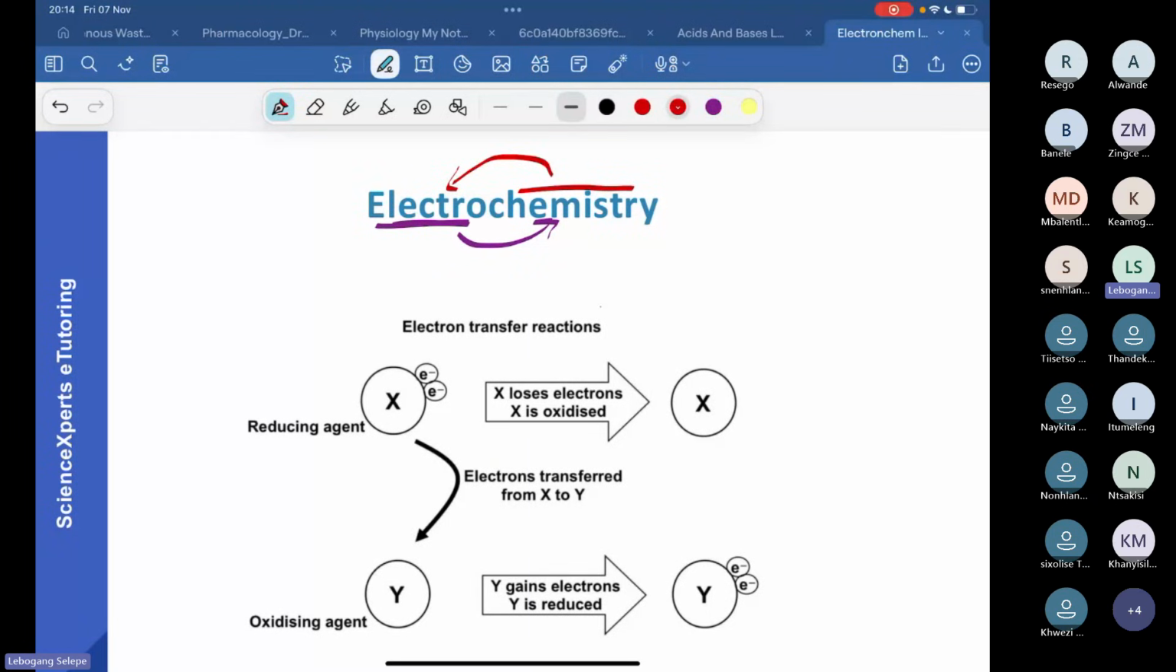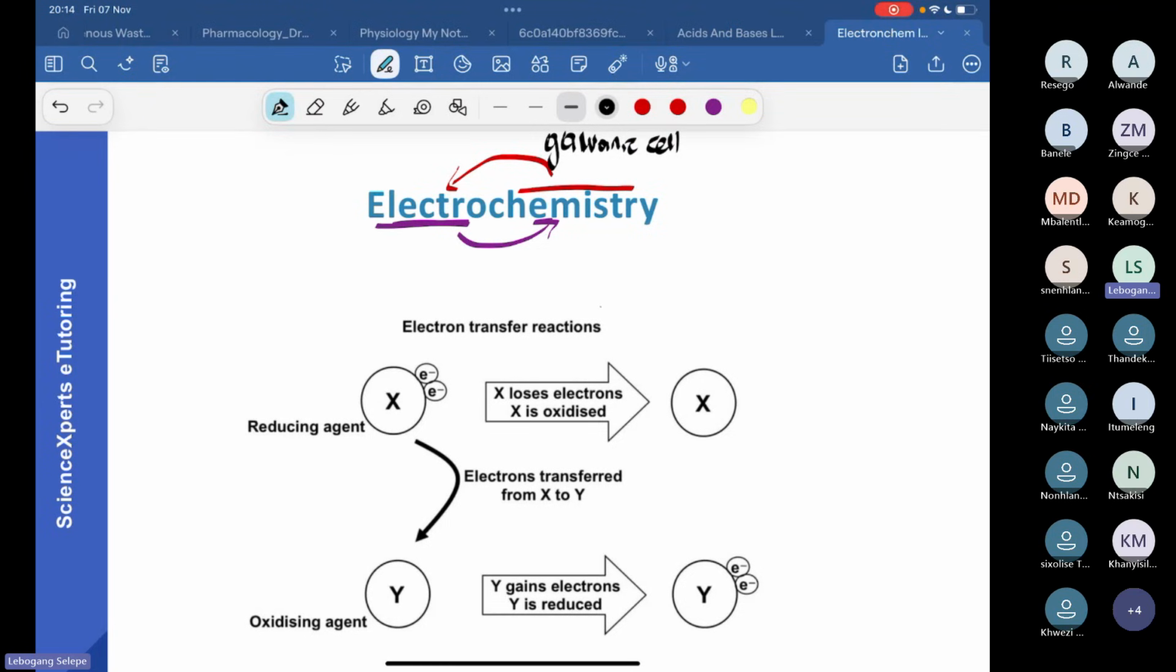Because these are two opposing processes, this can then lead us to talking about two different types of cells, right? A cell that we use to produce electricity from chemical energy, we call it a galvanic cell. And a cell that we use to produce a chemical reaction from electricity, we call it a what